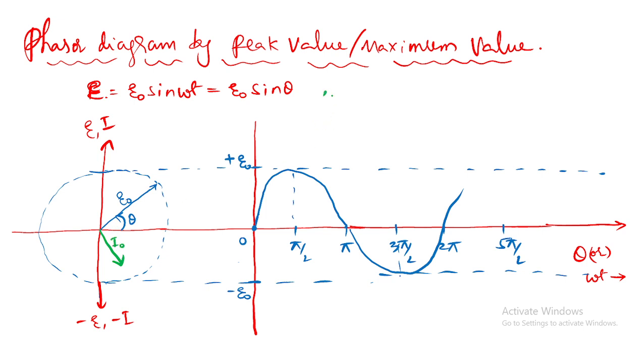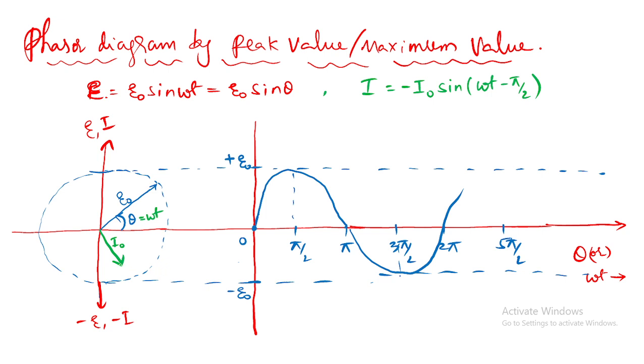Why? We got the formula. I is equal to minus I naught into sine of omega t minus pi by 2. Do you remember this one? What is the angle now, this one? This is omega t only. The angle is nothing but omega t only. So it is lagging.